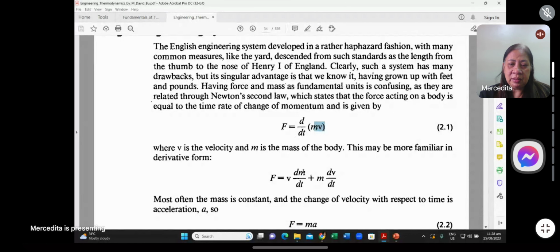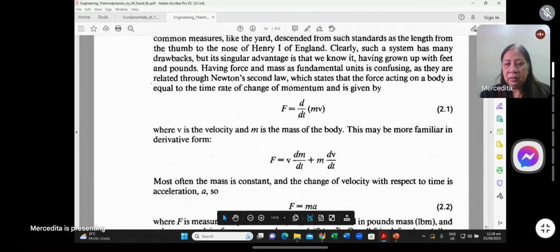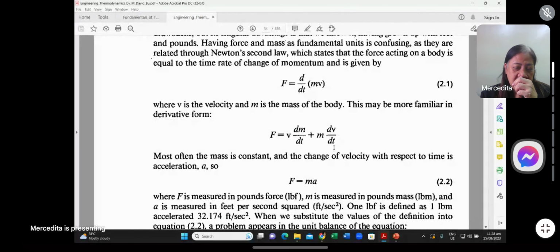Since it is a product, we have here the derivative of a product, which is velocity multiplied by the change in mass, dm over dt, and since it is a product, plus mass multiplied by dv over dt. Now, since mass is constant,